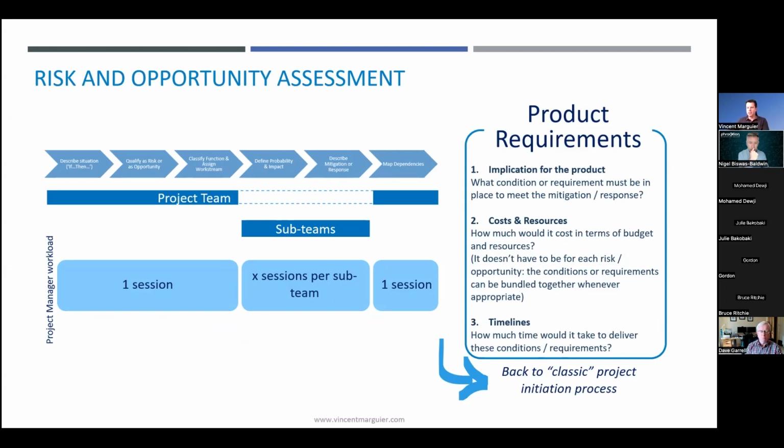And at the end of it, there should be a classification per type of expertise required to manage the risk and the opportunity. So this is where sub-teams within the project team are formed. And the objective of these sub-teams is to assess the risk and opportunity in further details, prioritizing them and define the response.